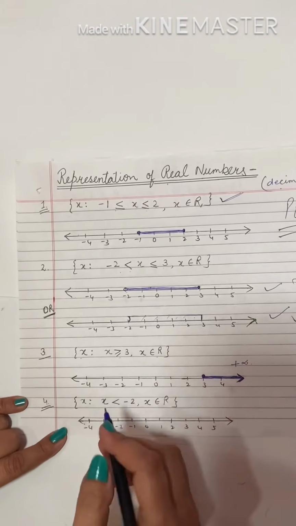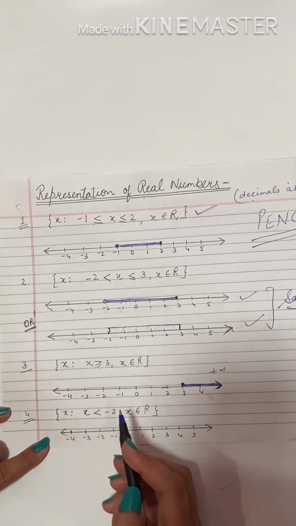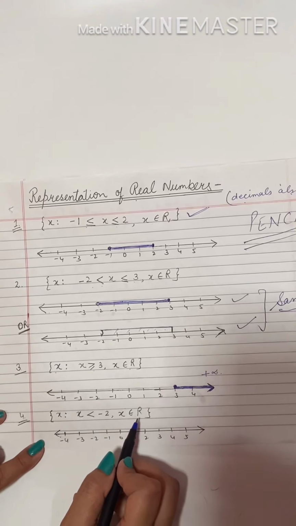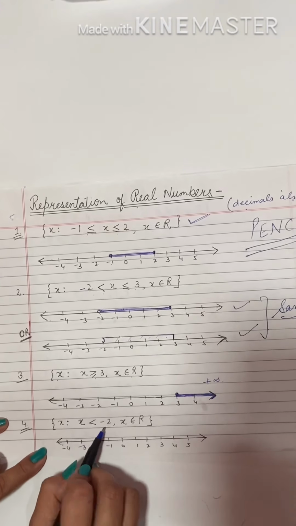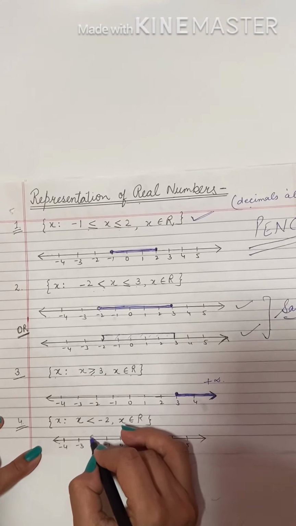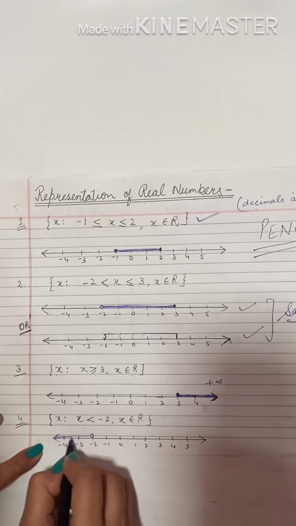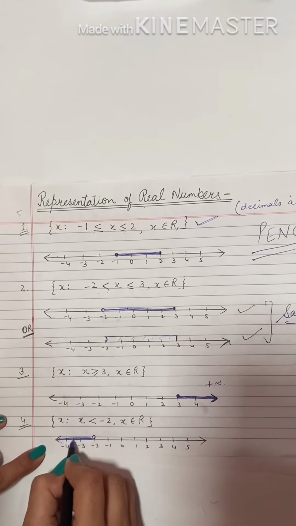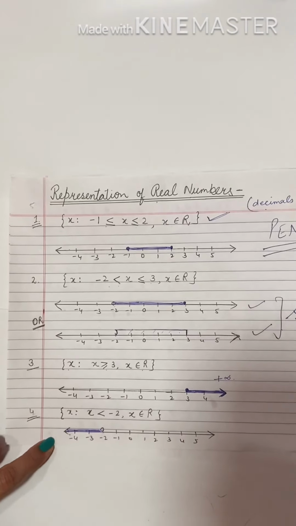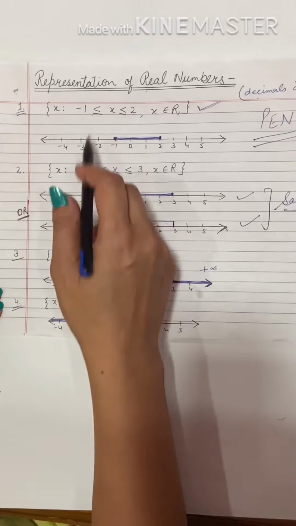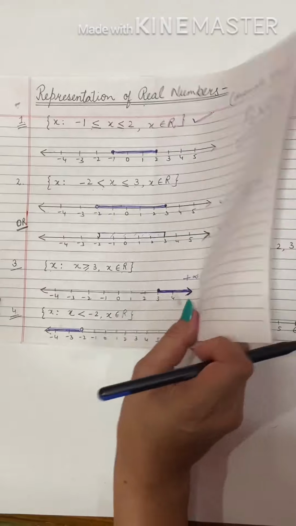when it is going up to plus infinity. Similarly, if it goes up to negative infinity, we have the solution x is less than -2 and x belongs to real numbers. It is only less than -2, so you put a hollow circle on this -2, and then the line up to the arrow will be highlighted. It means the solution is up to negative infinity. So this is how the real numbers can be represented on the number line.